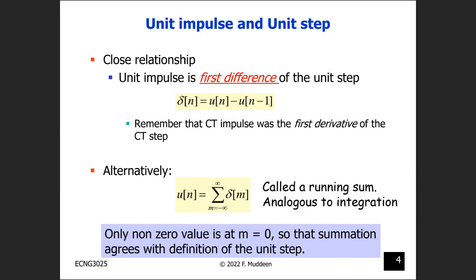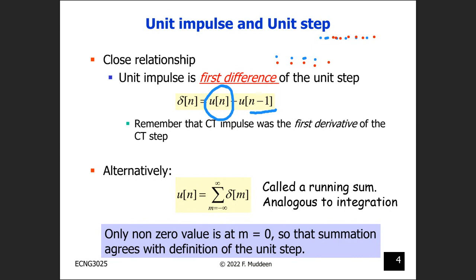So because of that now, if you want to see again the sort of relationships between other things that we know already, you can think of the unit impulse as the first difference of the unit step. Remember, a unit step was 0, 0, 0, 0, and then 1, 1, 1, 1, 1, 1. Okay, so if I take a unit step and then I take a unit step that is delayed by 1, so in other words, it is 0, 0, 0, 0, 0, and then 1, 1, 1, 1, 1, 1,